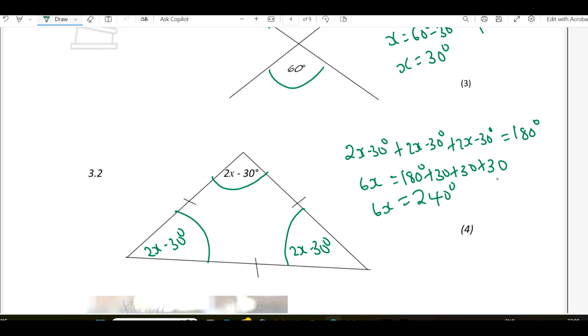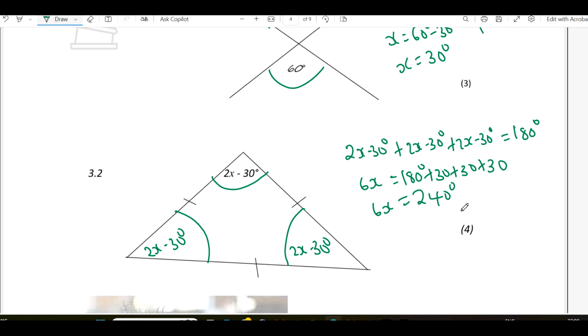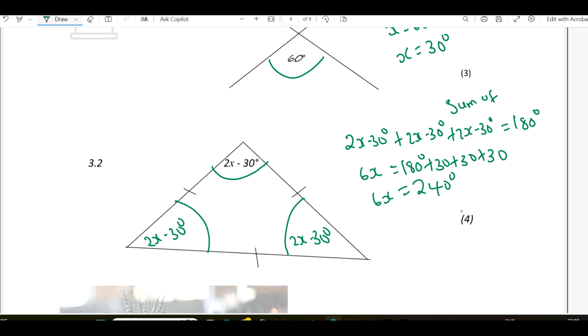240 degrees. Guys, one thing you should never forget is to write a reason. We should never ever forget to write a reason. Sum of angles in a triangle. So I will divide by